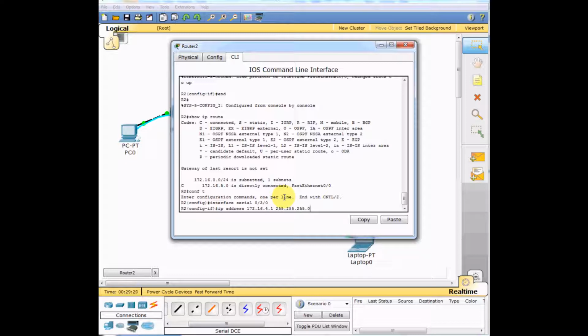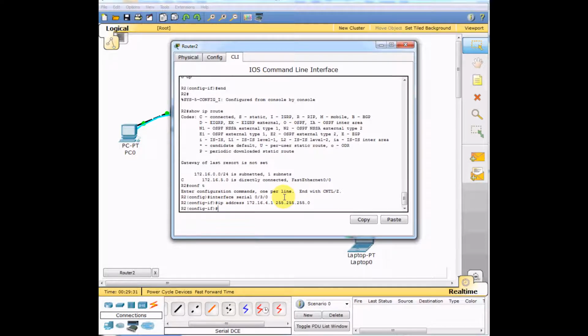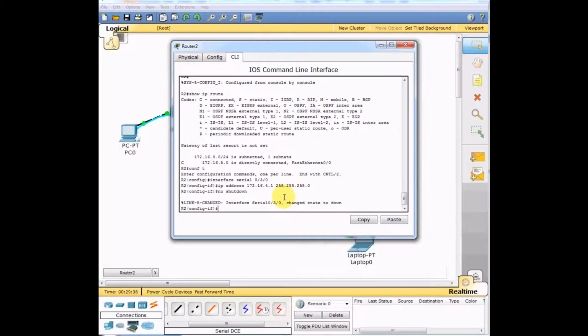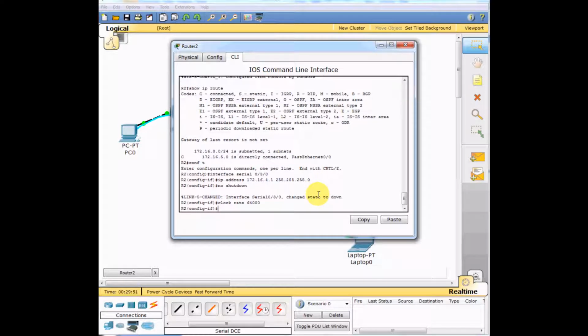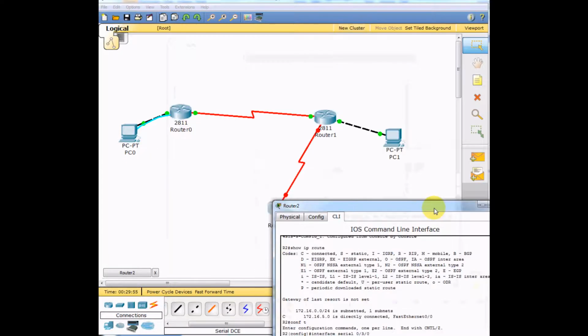We'll set the net mask as follows. I'll bring the interface up using no shutdown. Now at this point we can see that the interface is still not fully up. We need to set the clock rate 64,000. We'll still notice that the interface won't come up until we configure the far side of the connection on